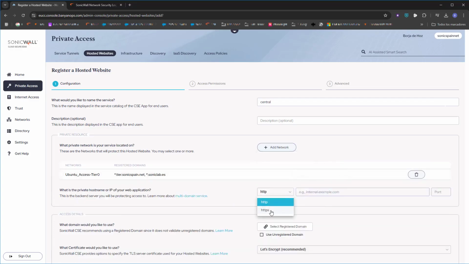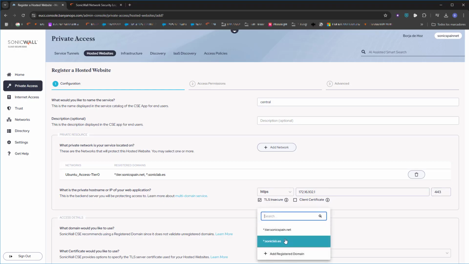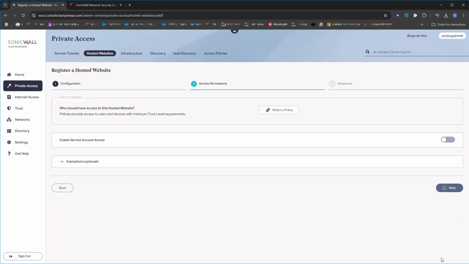We are going to publish the same thing. We select our network, Ubuntu AccessTier, and here we can see both domains with the same IP address and host, so we use the standard port 443. So we choose the domain, now it's tier.sonicspain.net, and the host name can be the same, nsm tier.sonicspain.net. We set up an